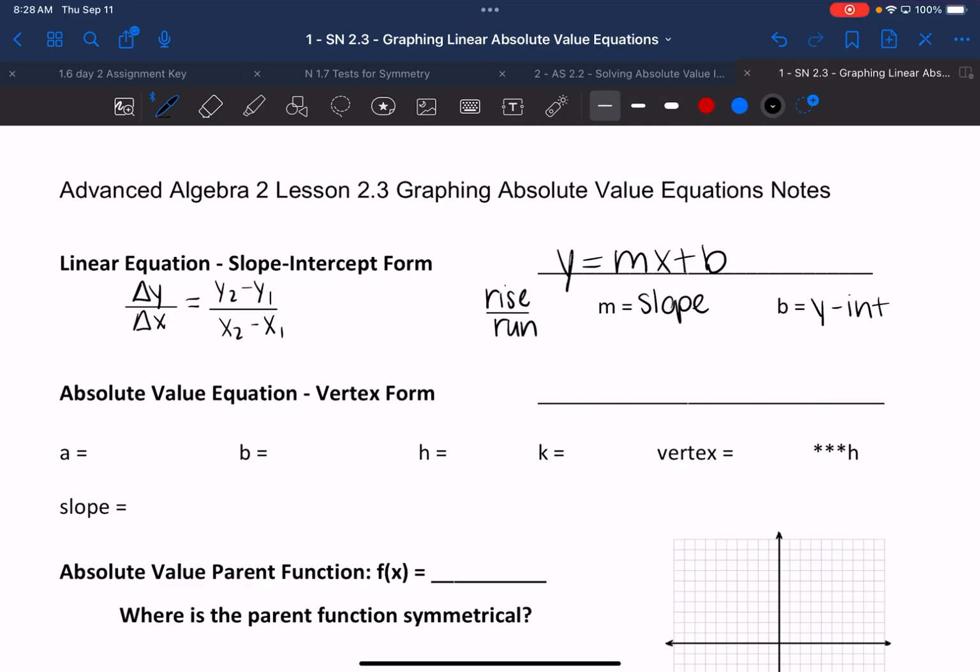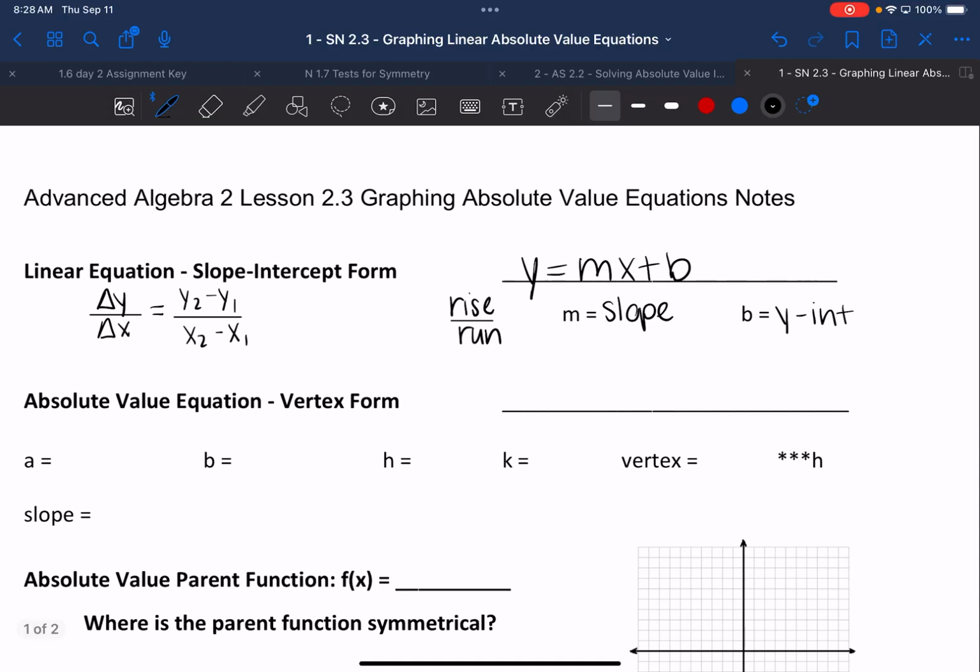So our absolute value equation is going to have some similarities and some differences. We still need something like a slope, right? So we know how much up and over to go between our points. But we also know that this isn't just going to be a diagonal line, right? Okay, so the vertex form for our absolute value equations is y equals, or a lot of times they'll use